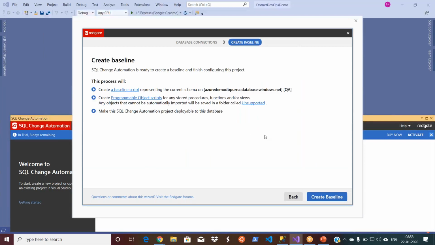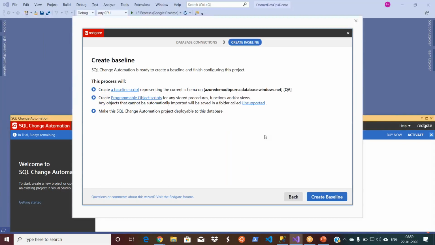And then now say next. It will create some baseline scripts. That means it will take the schema of your development database. It makes a copy, it's a meta database. It will keep it in the database project. Otherwise, it cannot track the changes, because there should be some schema in the version control.